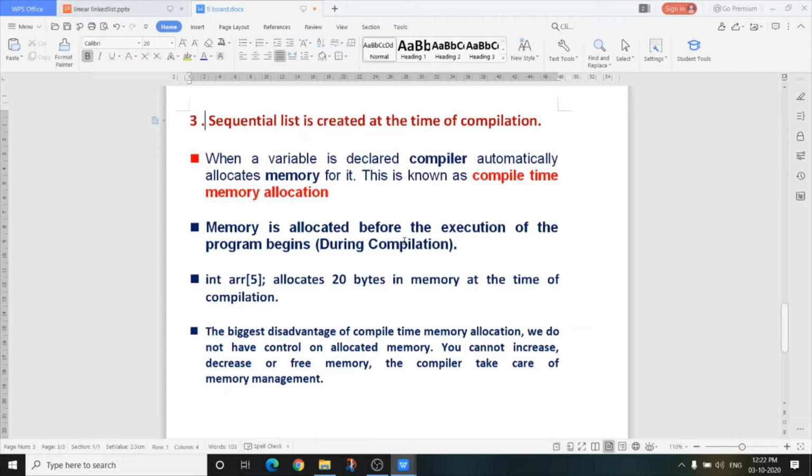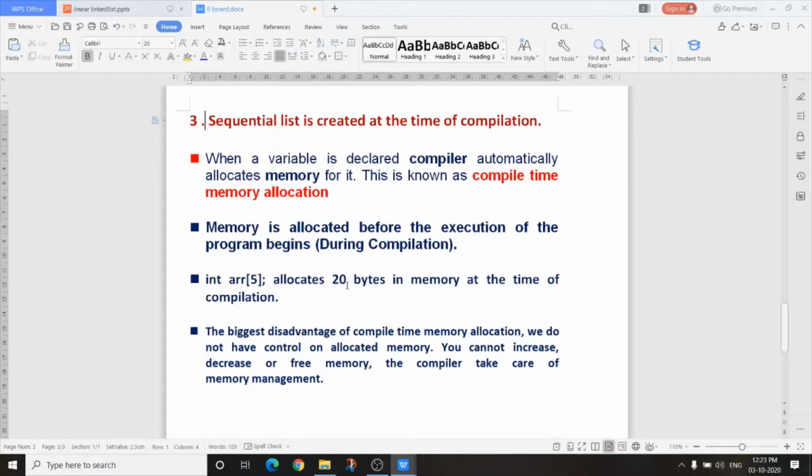Or see, when at run time we see that we require only 10 bytes, the remaining 10 bytes are total wastage. But we can't use those 10 bytes or return them, because they are already allocated during compilation. So that is the biggest disadvantage.